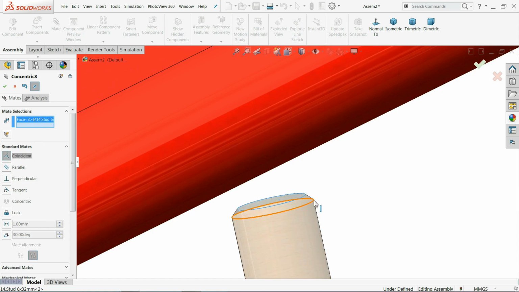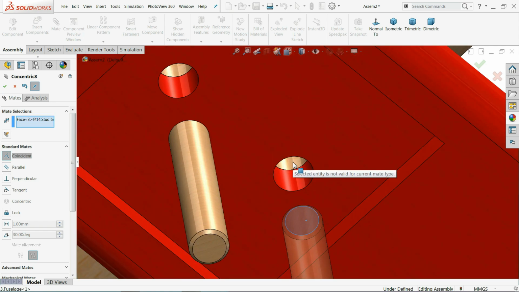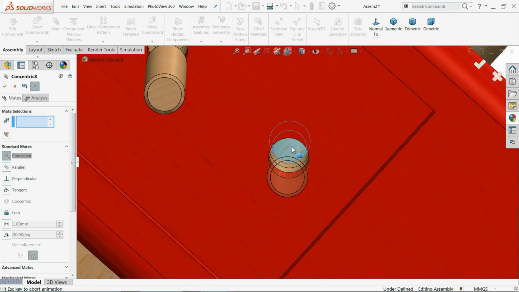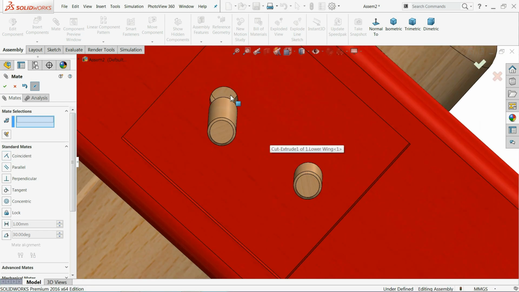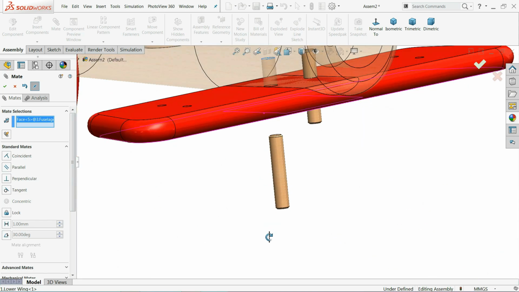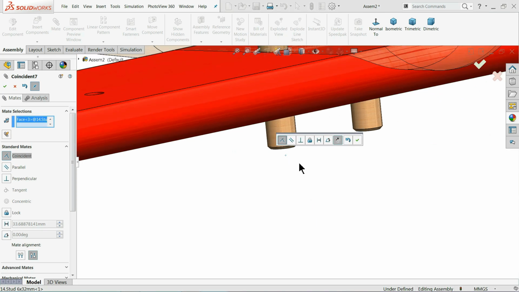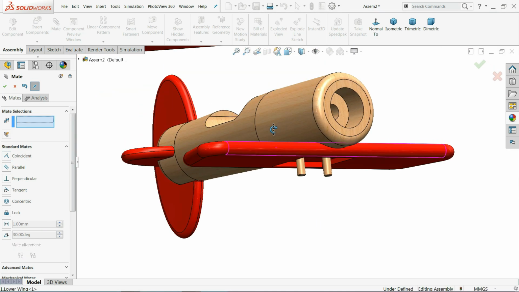Forget those relations. We will create a new relation, face to face. Oh, sorry, this was not the face. That's why it's not going to take. This is inside face, this is outside face. Now see, it's going to fix in the hole. That's it.